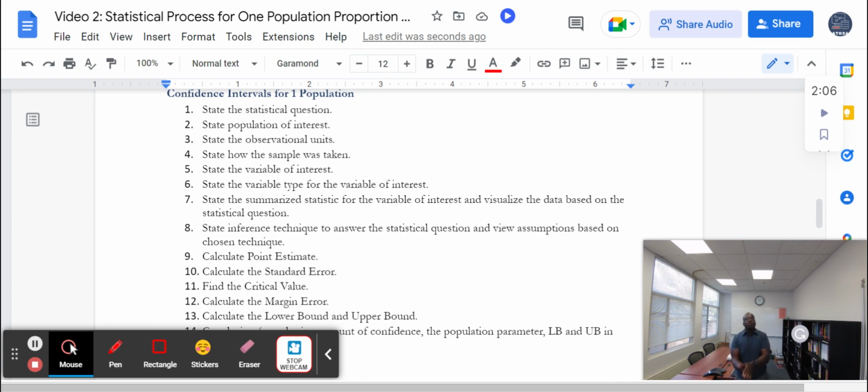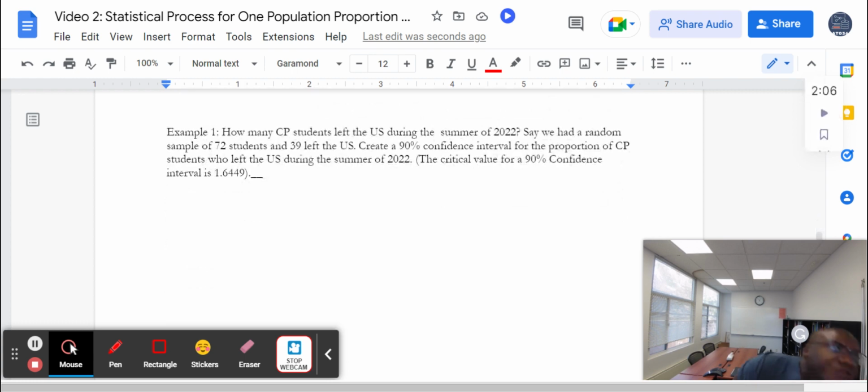So state the statistical question. What's the population of interest? You can pause and read the rest of it. But what we're going to do is actually go through a real life problem that we might be interested in, and go through this process of answering these questions. So let's read the prompt, and then I'm going to have you all pause the video, and then answer these